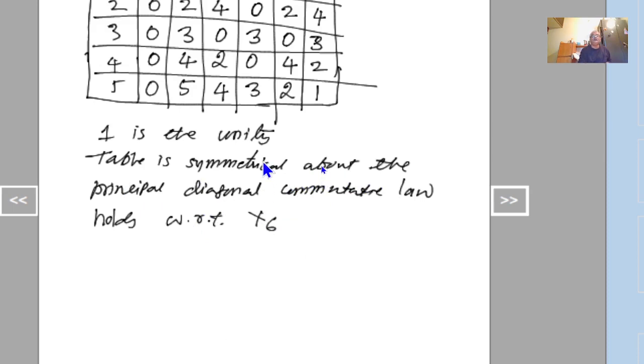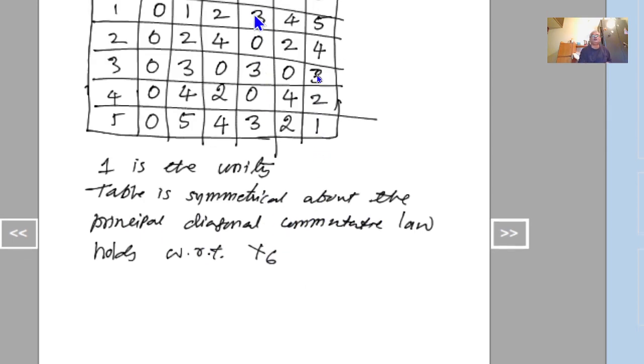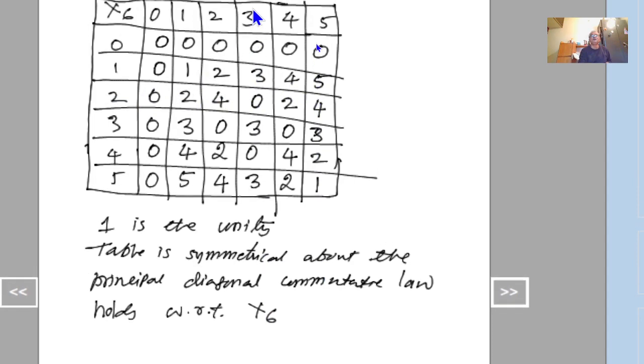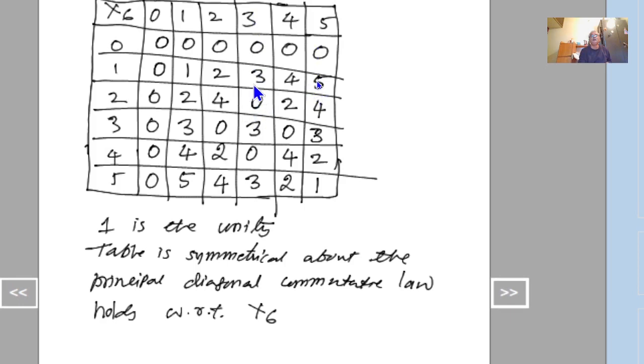And is this an integral domain? I don't think so. Because here, 2 is not equal to 0, 3 is not equal to 0, but what I am getting here is 2 into 3 equal to 0. So this is with 0 divisors. 2 and 3 are the 0 divisors. Therefore, this is not an integral domain.